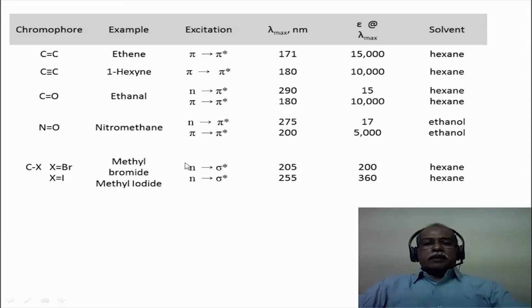In the case of methyl bromide and methyl iodide, you have only lone pairs of electrons on the heteroatom, namely the bromine and the iodine. So it is possible to have only an n to sigma star transition, which leads to dissociative states, because when the lone pair from the bromine or the iodine reaches the sigma star molecular orbital, the bond order of the sigma bond decreases and that corresponds to a dissociative state. You can see here the effect of halogen going from bromine to iodine. There is an increase in the wavelength, indicating that methyl iodide is much easier to excite to the dissociative state compared to methyl bromide in this particular case.